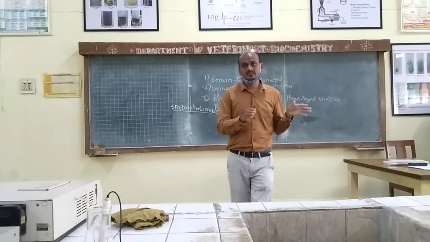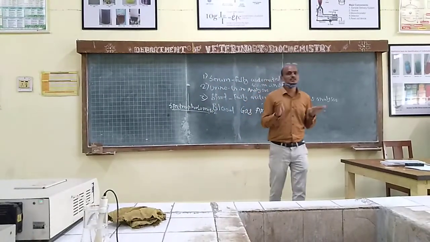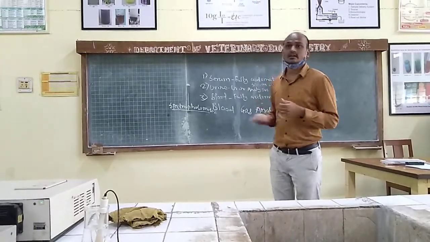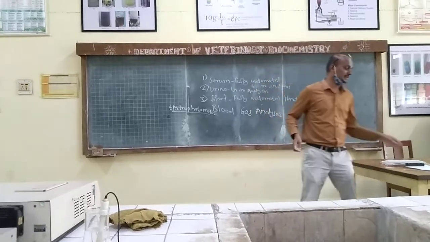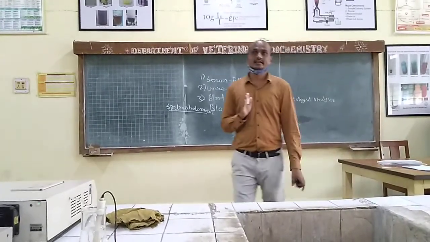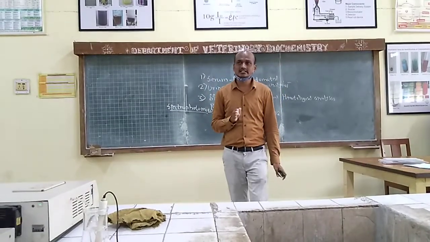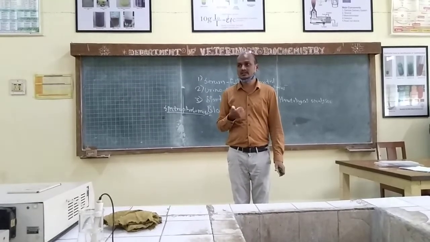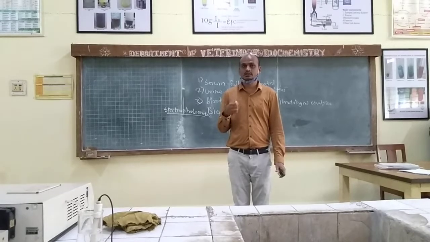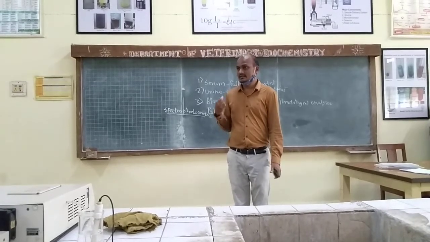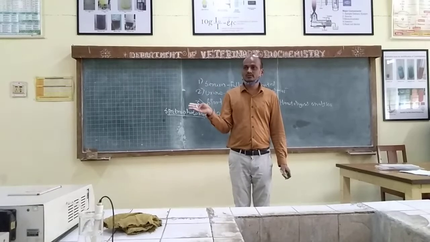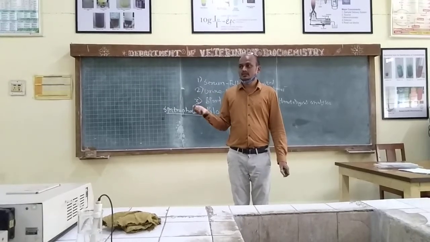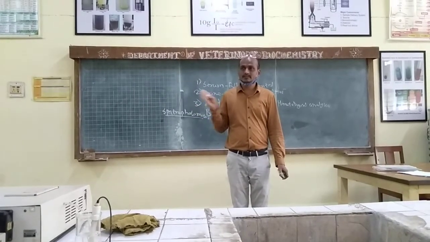So this one is a hematology analysis. Okay, so we are not going to go in detail how we calculate this one, but we are just talking about the hematology analyzer, what is available, right? So normally a basic analyzer is there. It can tell you how much is the RBC, how much is the WBC. Okay, so that is a basic analyzer. If a basic analyzer setup is there, it can tell you the complete blood count, but it cannot tell you the differential count. Differential means if WBC is there, how much is the granulocyte, and within the granulocyte, how much is the eosinophil, neutrophil, basophil. Likewise, the differential count it cannot tell.